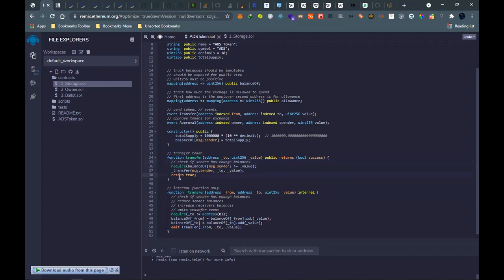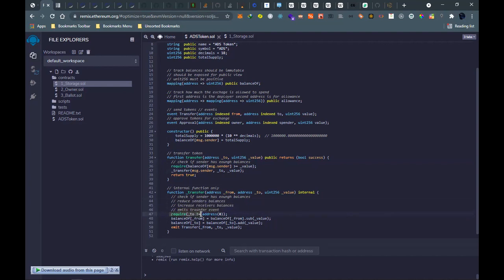And then you return a value, which is true. This function should also reduce the balance of the sender and increase the balance of the receiver, and then it should emit an event transfer.